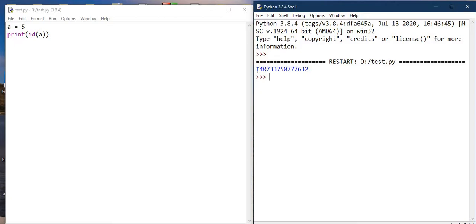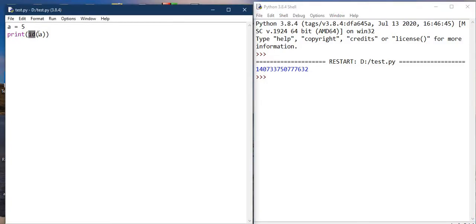In terms of C, we call this an address, but in Python we call this identity. So it's similar to an address. So what does the ID function do? It takes an object, a single parameter, and it prints the identity of that passed parameter.